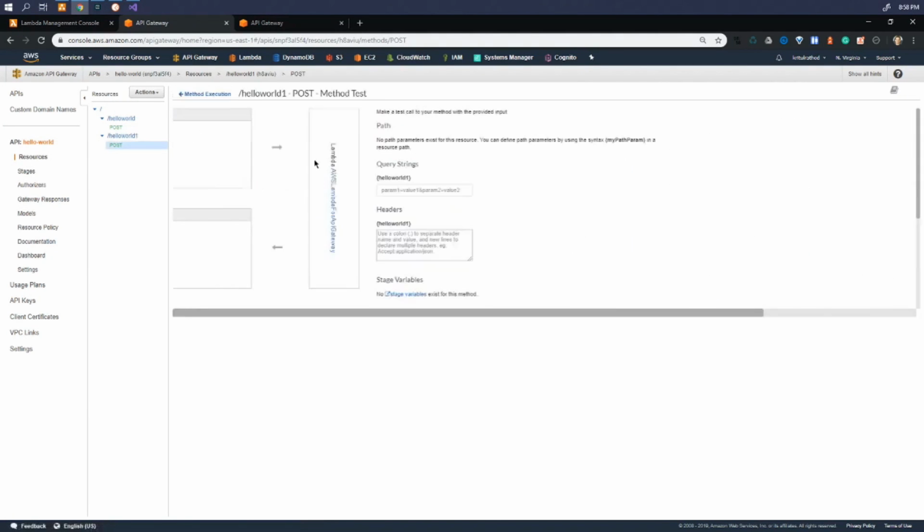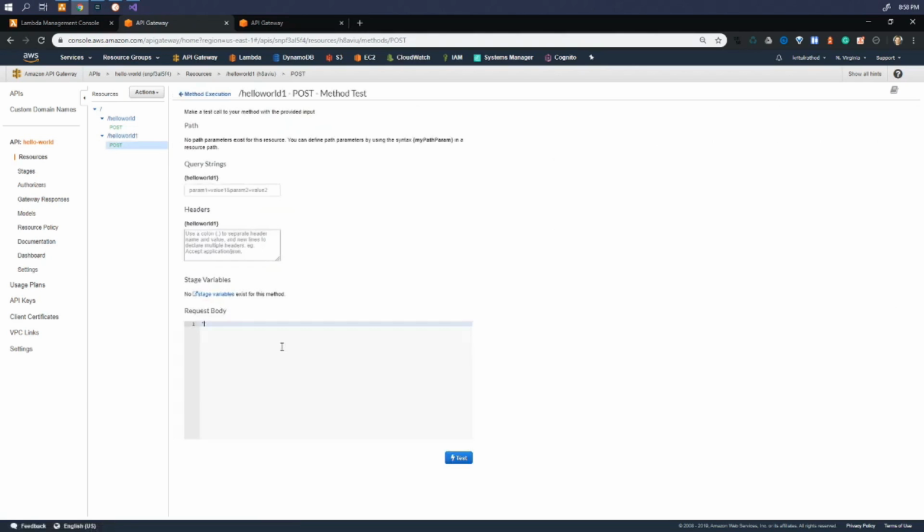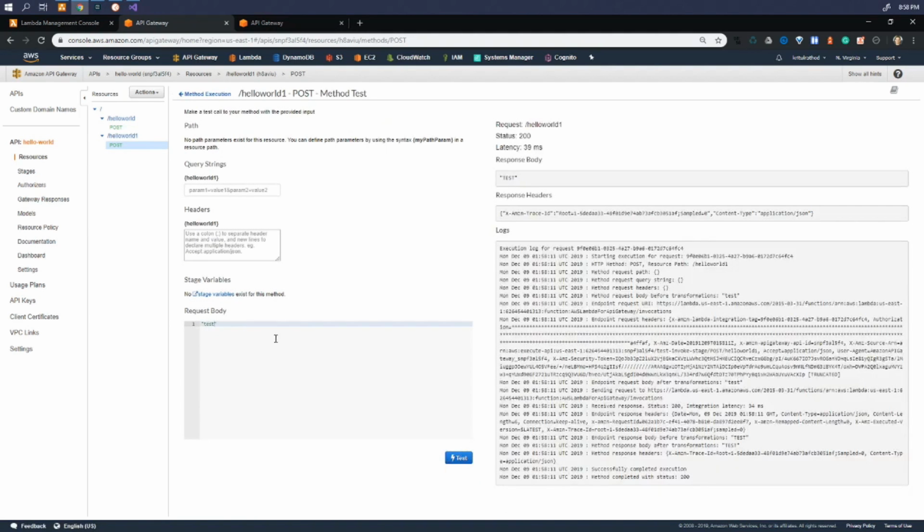So now if we try to test the function, it should no longer allow us to. Okay, so in any case, we go back,